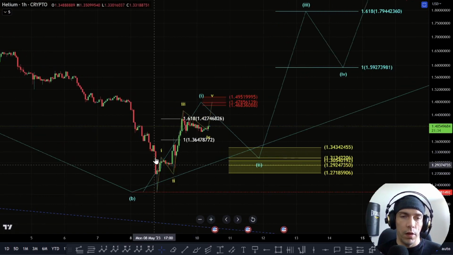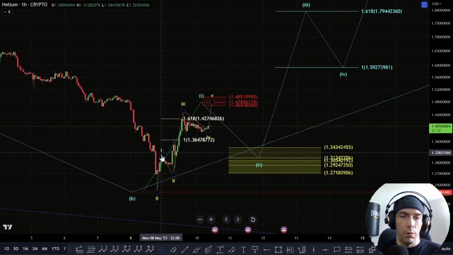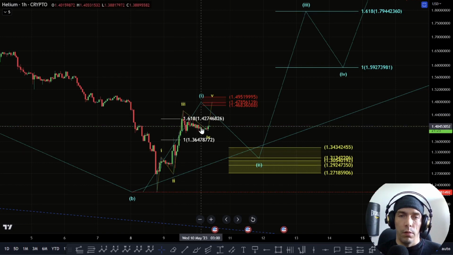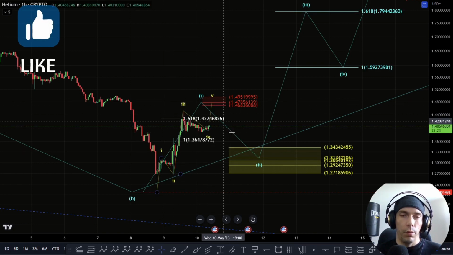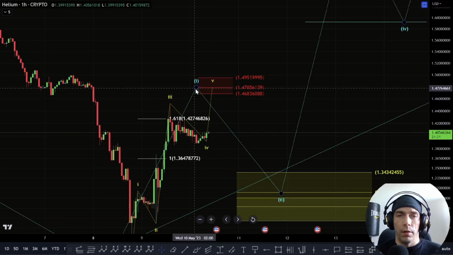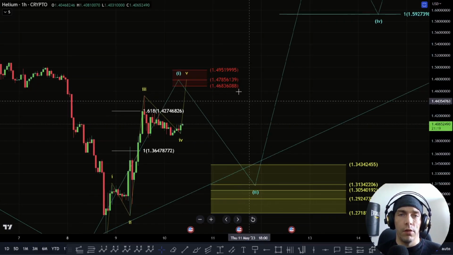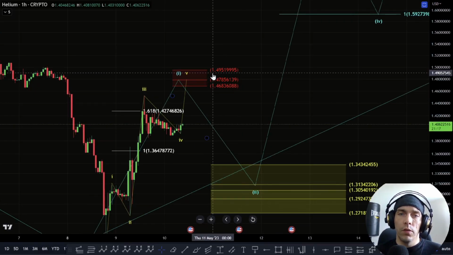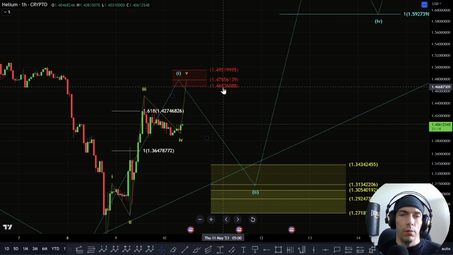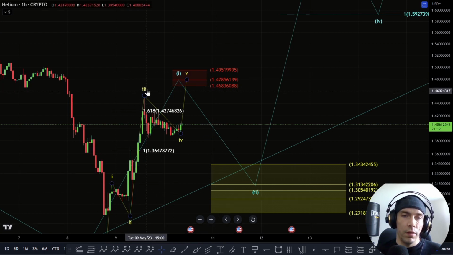to give this count better structure, where we look at this as a 1 and a 2 as a flat correction here. This becomes our 3rd wave. We're looking for a 4th, and then we get a 5th wave to the upside. So that would mean that this wave 1 would look to actually potentially complete towards this zone of this 149 to this 146. Now it's always possible we could be extending out even more here, where this is a 1-2,